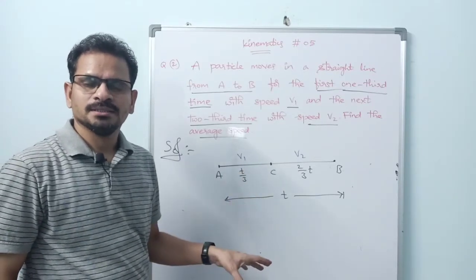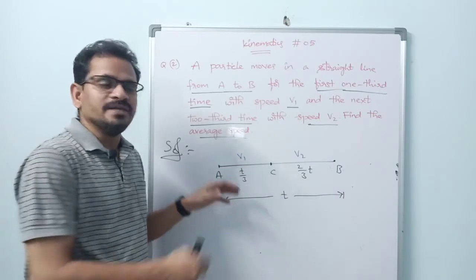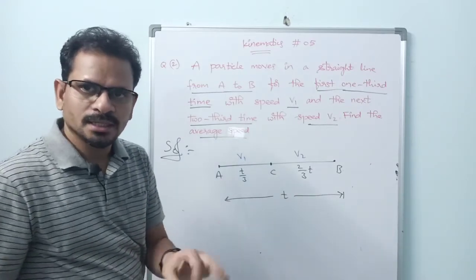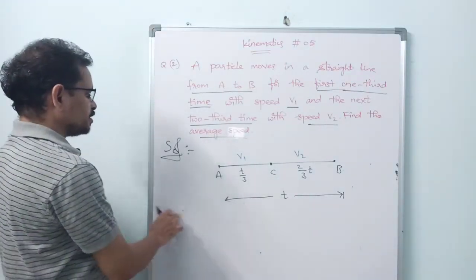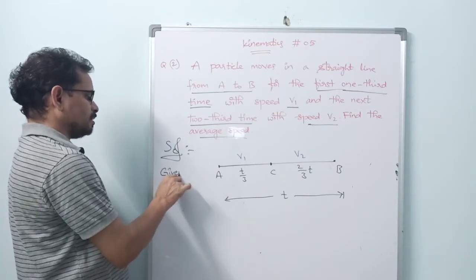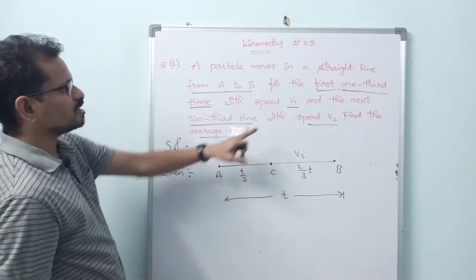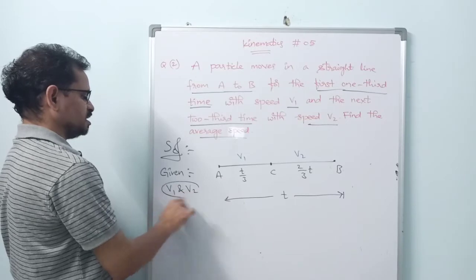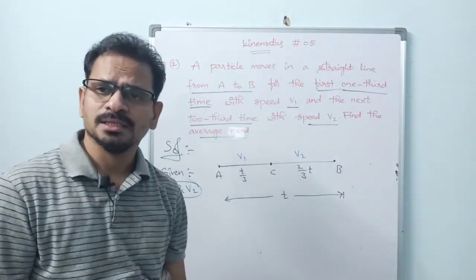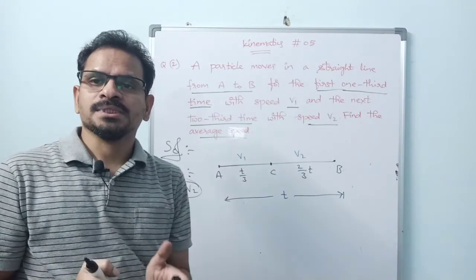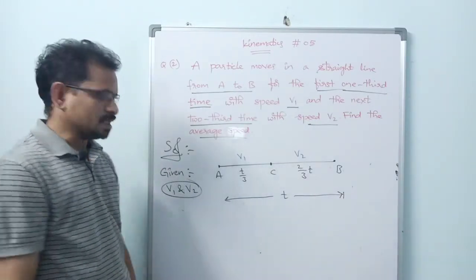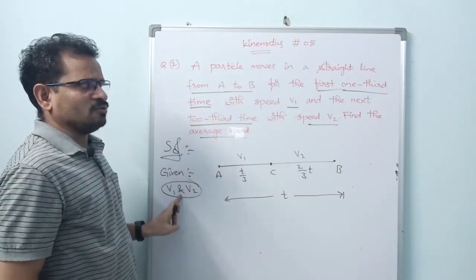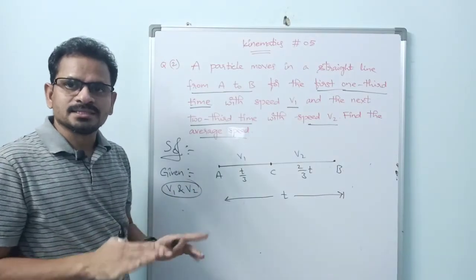Students generally get confused regarding these problems. When symbols are given to us, which symbols have to be retained while solving the problem and which symbols have to be eliminated? So keep one point in mind. Always, the given quantities are important. What are the given quantities here? V1 and V2 are given. Why are given quantities important? Because our answer should be in terms of given quantities only. So it is very clear that the answer of this problem will be in terms of only v1 and v2. We will not get any other symbol other than these.